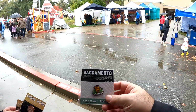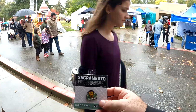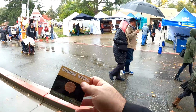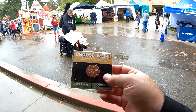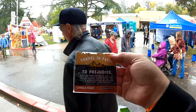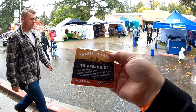It features Tower Bridge and says, Tower Bridge was built in 1934 with a streamlined, modern architecture style, a late form of Art Deco. Landmarks like this, combined with a remarkably lush landscape, set this capital city apart from the rest. And then I picked out Choose Weird, which is kind of one of the themes of The Little Lemon That Leapt, because what makes you weird is exactly what makes you wonderful. And then I also picked out Travel is Fatal to Prejudice, which I also feel was part of the moral of The Little Lemon That Leapt. Bigotry and narrow-mindedness and many of our...